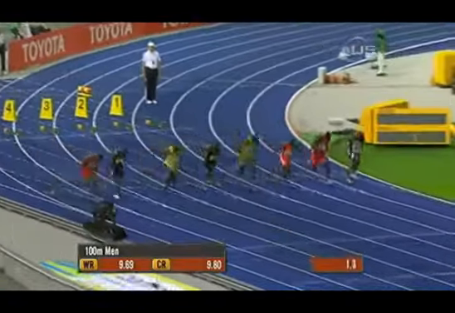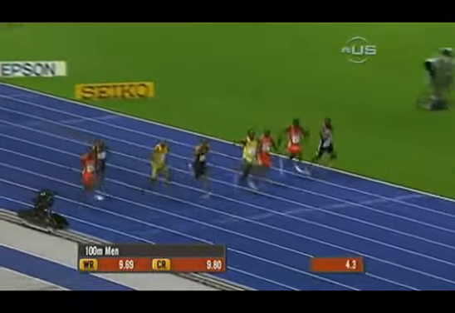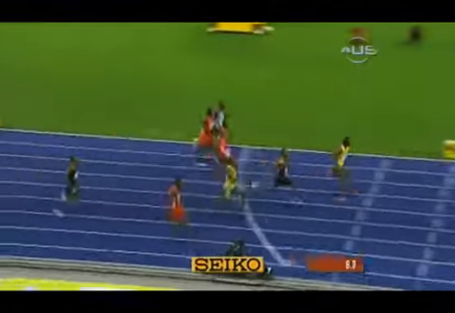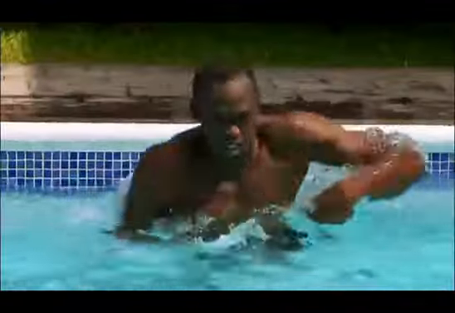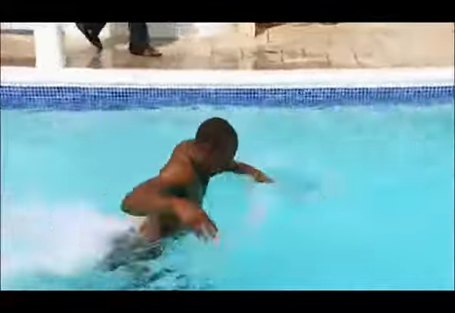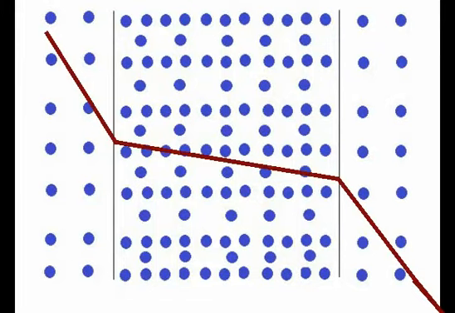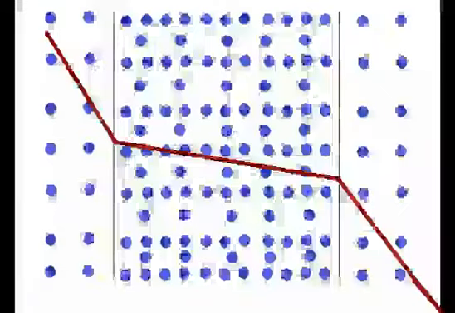Have you seen the fastest man on the earth? Usain Bolt. Look how fast he runs. Leaving all the men behind, he is the fastest on the land. But the same man, when he walks in water, see how hard he's trying to move forward, but he can't run that fast. See, he's like a tortoise in water. Why? Because he's in a denser medium now. Similarly, when a light ray passes into a denser medium from a rarer medium, of course, its speed gets slowed.